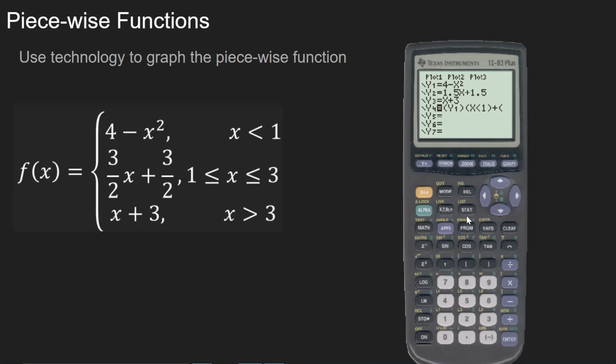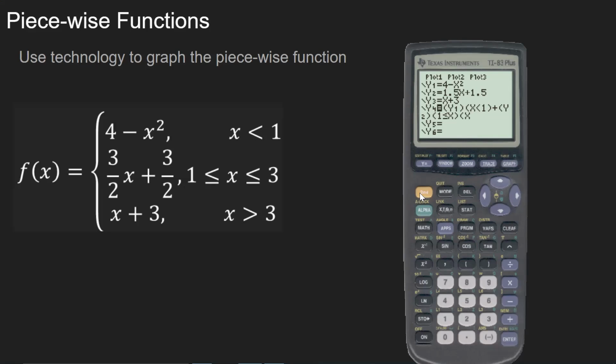So put Y2 in parentheses, so vars, Y-VARS, function. Now you want to pick Y2. You can either hit 2 or scroll down and hit enter. Close that in parentheses. Now here's kind of the tricky part. Since it's x between 3 and 1 and it's or equal to, we're just going to put in 1, watch how I do this, is less than or equal to, number 6, x, put that in parentheses, and then put the other half in parentheses too,